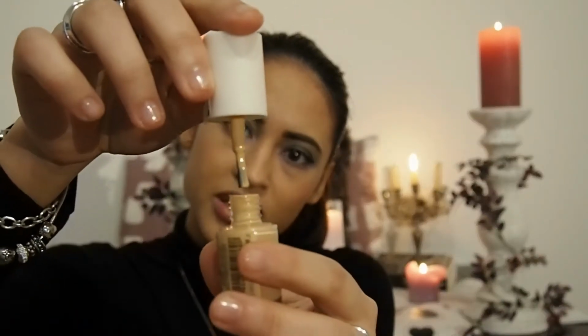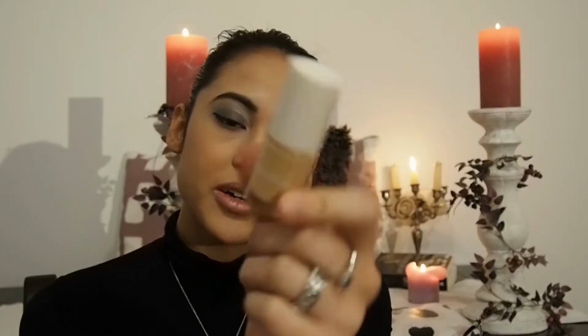It dries super fast. And it looks like this. Kind of glossy, but not that shiny, which I like. It's not matte and not too shiny, but something in between. It's pretty. The color is really neutral, so it goes with anything. And yeah, a big favorite of mine. I would definitely buy more from this brand,